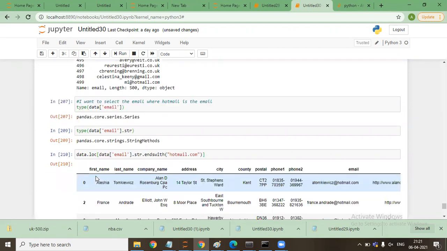So it will give the records where the email ID is Hotmail only.